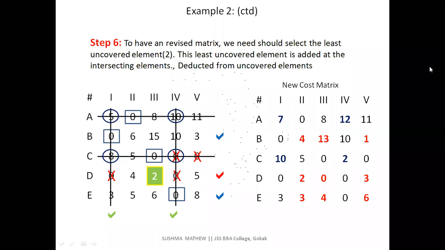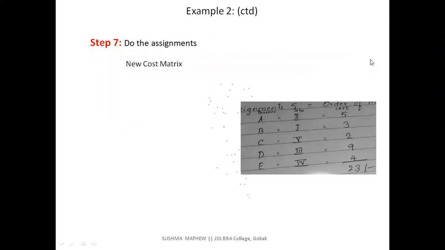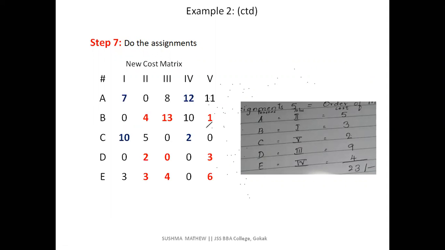Okay. Now moving on to the next. What is the next segment? Next segment is we need to start the assignment. Assignment is made on the new cost matrix, whatever we have formed. On this matrix only we are supposed to make the assignments. So when we do that,